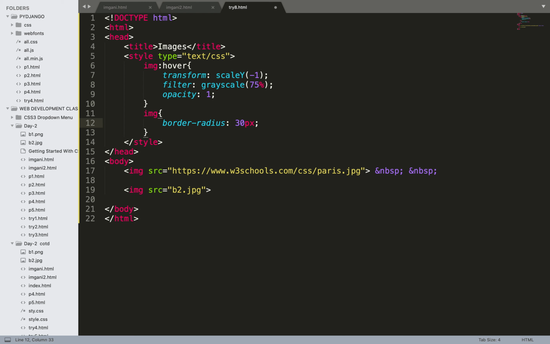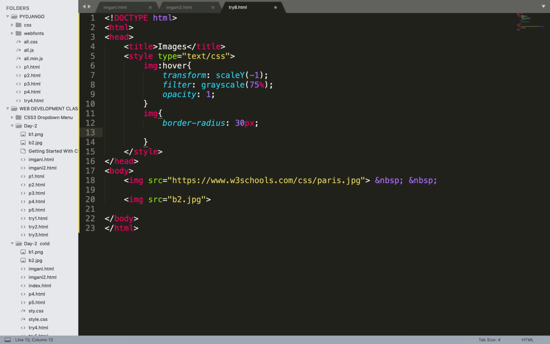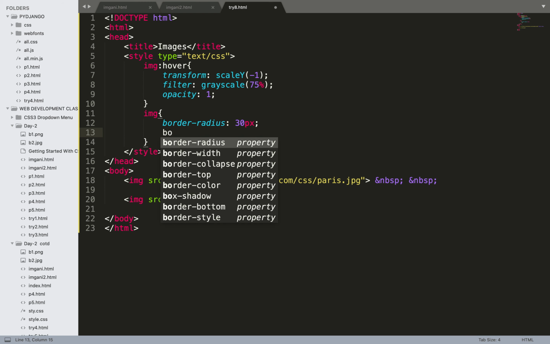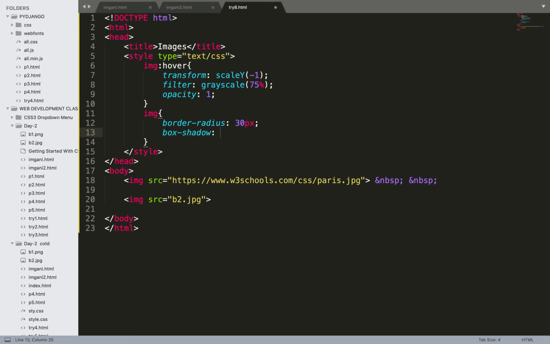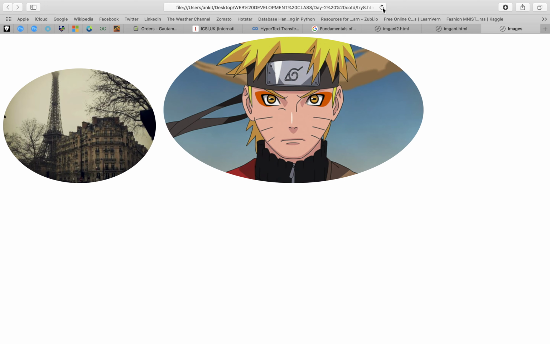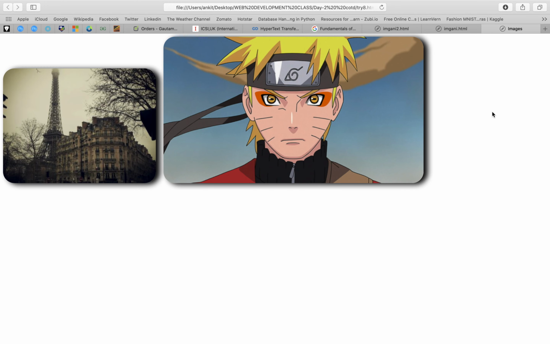And the second property I would like to add is, for example, a box shadow, of 10 pixels on the right and 3 pixels at the bottom, and 15 pixels as the blur of the shadow. Okay, fine. Now it looks a bit 3D, right?